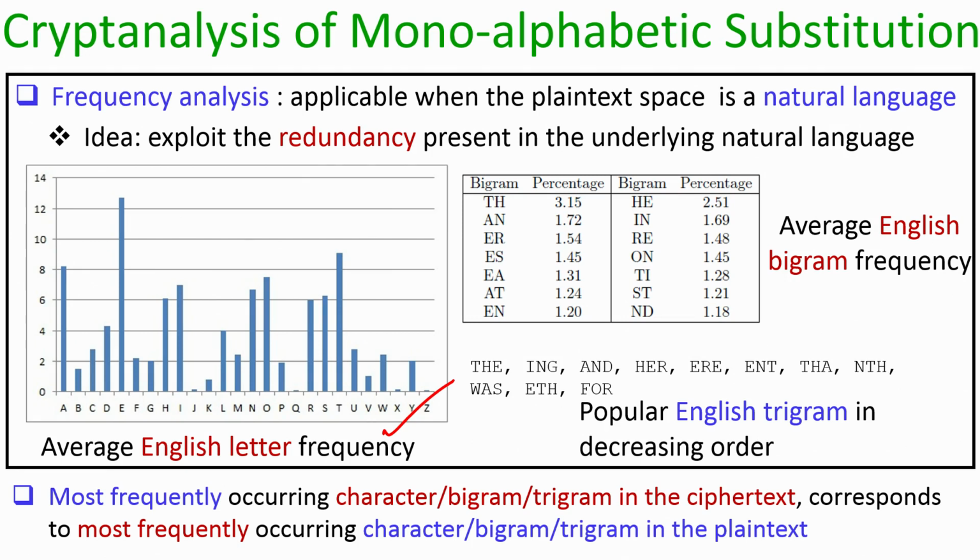In the same way, the relationship between the most frequently occurring ciphertext bigram and the most frequently occurring plaintext bigram is preserved, and so on. So, by doing the comparison, the adversary can easily find out the corresponding secret permutation between the plaintext character space and the ciphertext character space with which the sender and the receiver are operating the instance of the monoalphabetic substitution cipher. So, as you can see, even without doing the brute force attack, the adversary could easily recover the secret permutation, and hence the monoalphabetic substitution cipher can be very easily broken in the ciphertext only attack model.